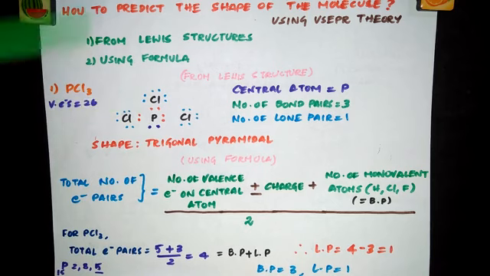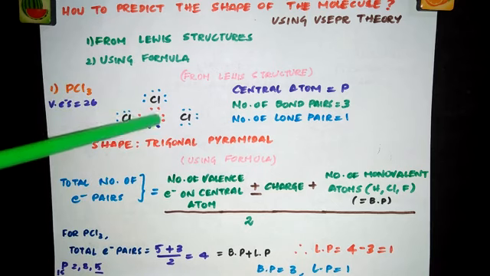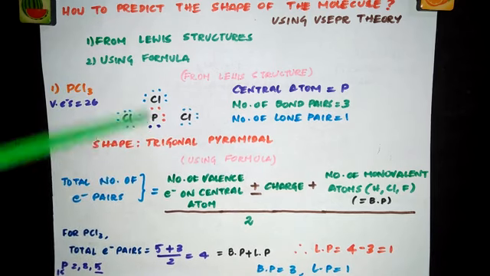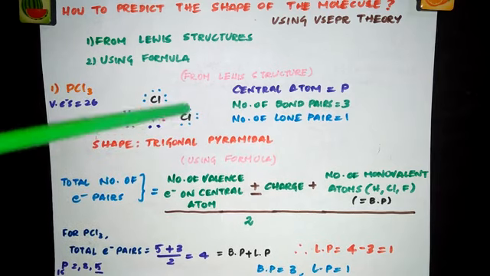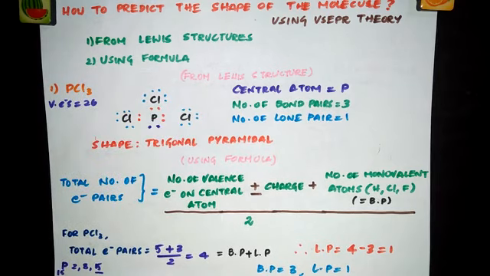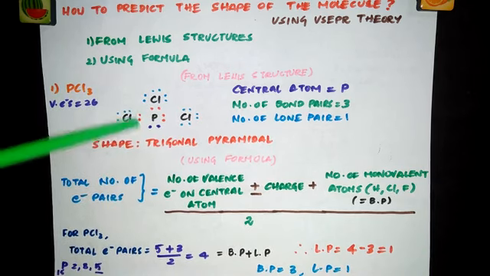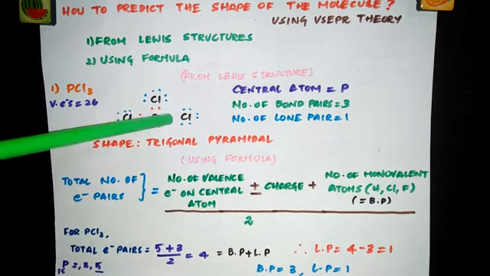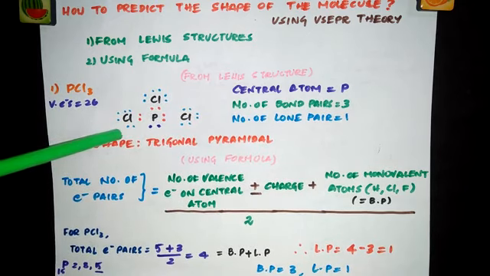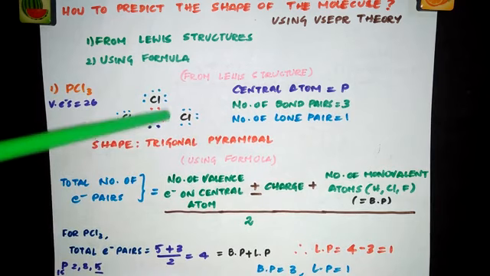So now we have to write the skeletal structure. See, you put phosphorus in the middle, that's a central atom, 3 chlorines around. And after putting that, what you're supposed to do, you put a pair of electrons between each atom. See, I've drawn that in orange color. So first put these electrons between phosphorus and chlorine. See, one pair and one pair here and one pair here. And what is the next step?